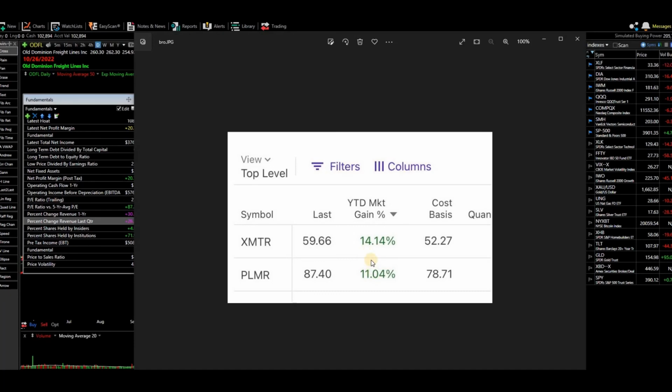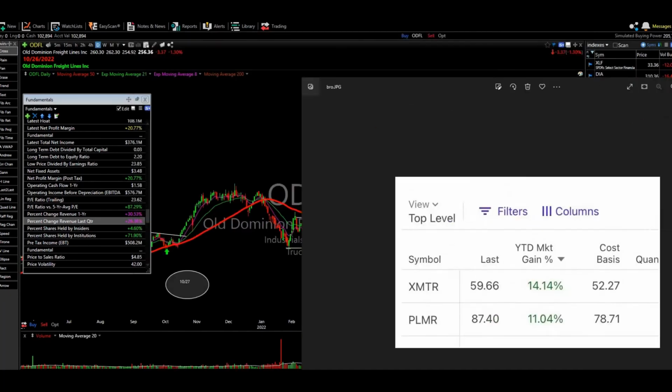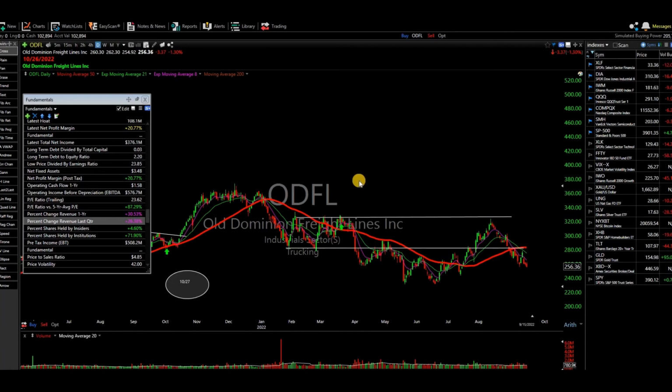So assuming that I took a 5% loss on each one of them, that's 25%. But again, you can see in 2 trades I'm up 24%, and I do have other trades that are still open. I'm already up on them above 5% on each one of them. So again, cut your losses as small as possible.